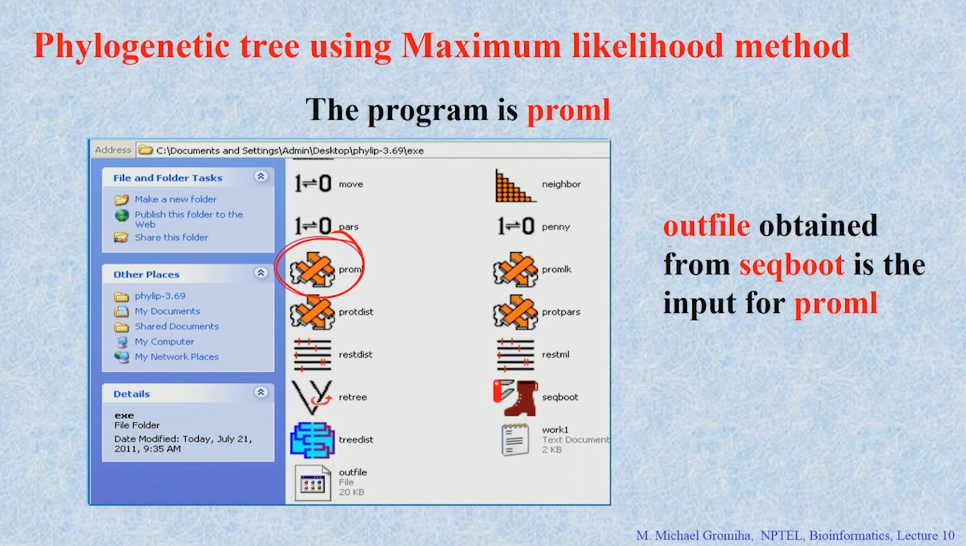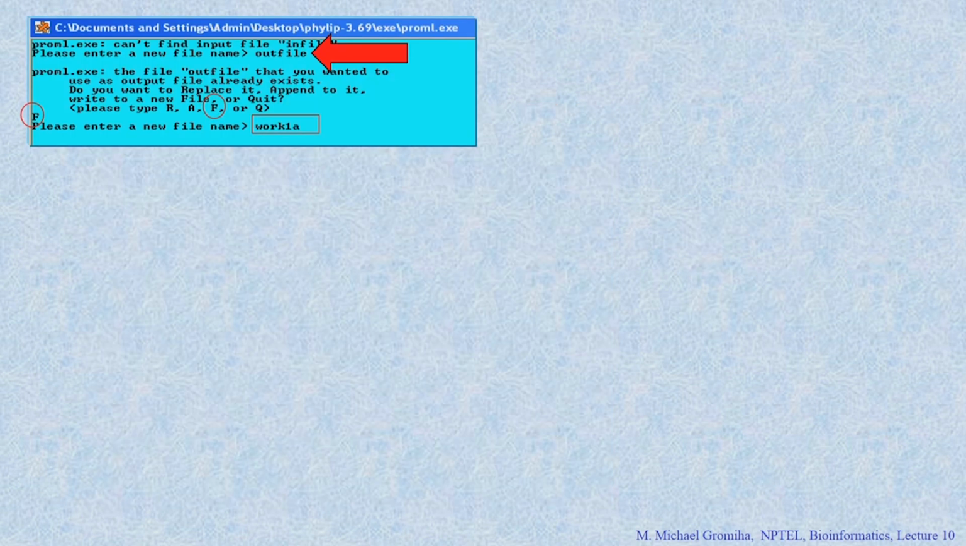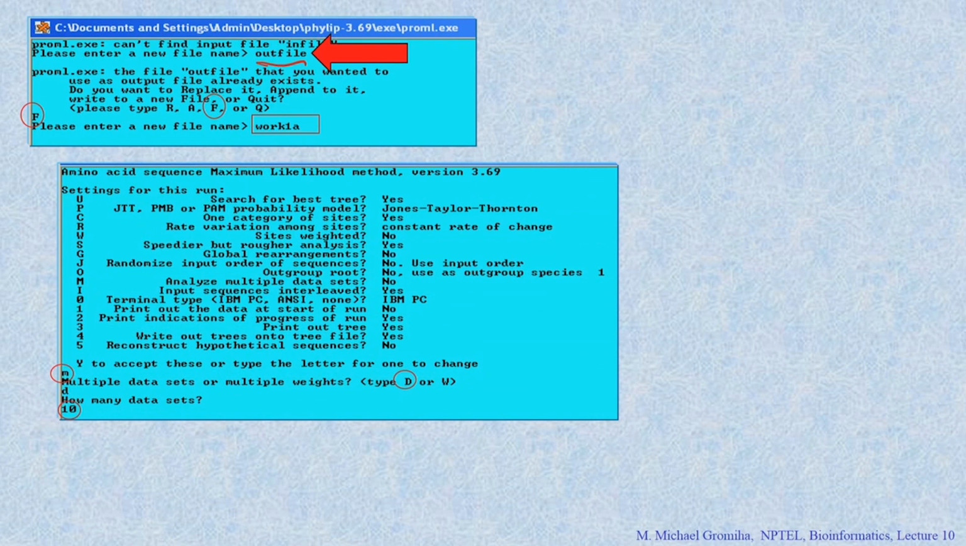So, the out file you obtain from the bootstrapping can be the input to the promol. So, you do not have to do anything. Run this one giving the input as this out file. You can see this out file as input, then you can write the file name which one we need to save. So, you give the file name, right, then again they ask for the same question whether you want